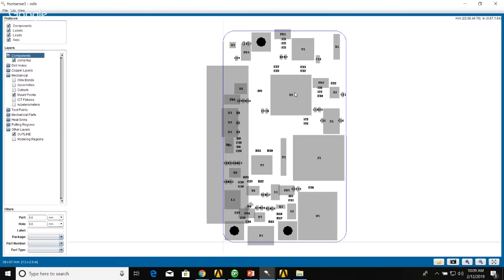This is a fairly simple model, probably a few dozen components, maybe 100 components. But it's very common to have boards of hundreds, if not thousands of components. And in those cases, it becomes extremely valuable to have a tool that creates this geometry cleanly for you. Let me show you an example of